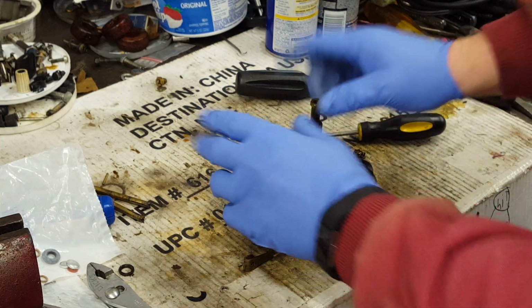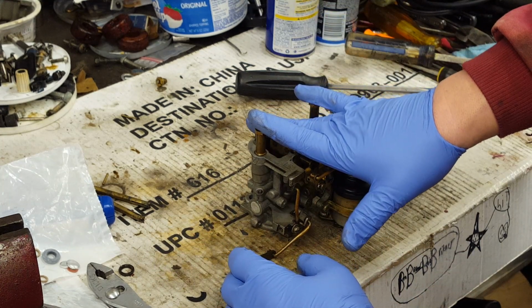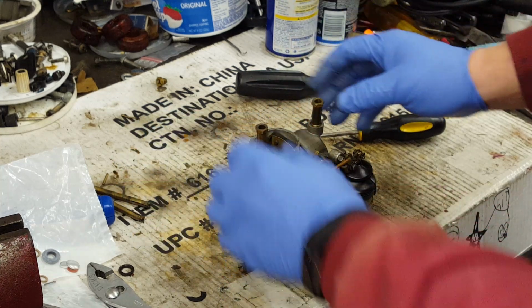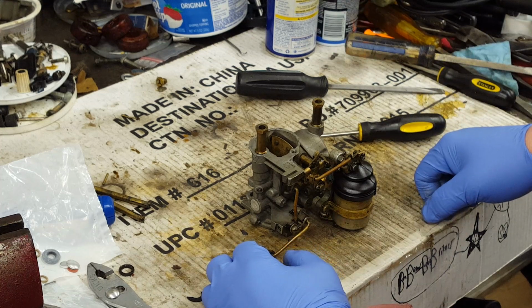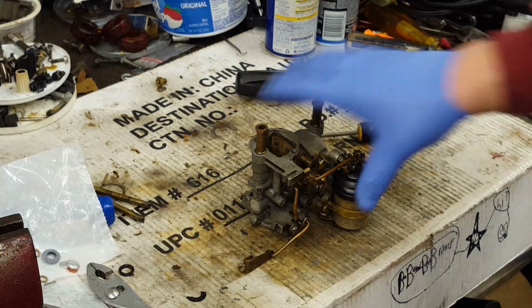I'm going to not put the needles in yet. You can if you want, but you'll have to take them back out to put the carburetor back on the motor. So I'm just going to leave them as they are. Packing nuts are holding all the new packing in, and when we get to put this thing back together, then we'll put the needles back in. So for now,